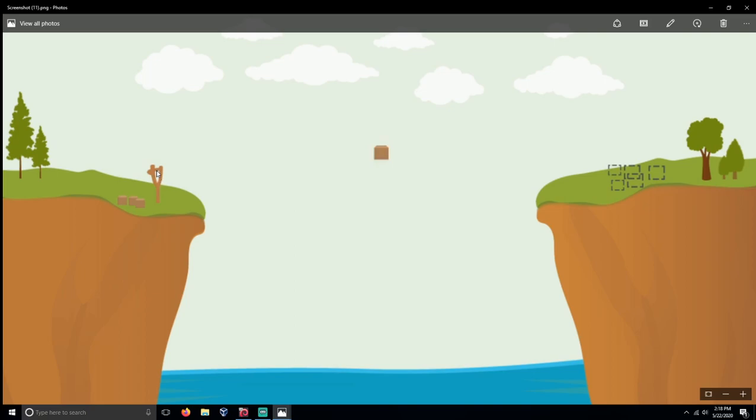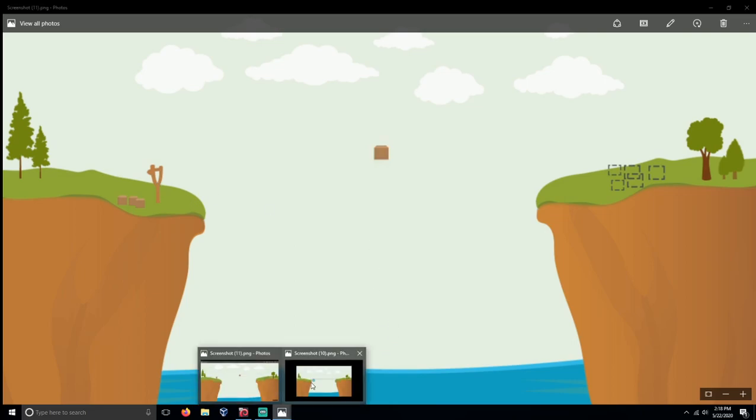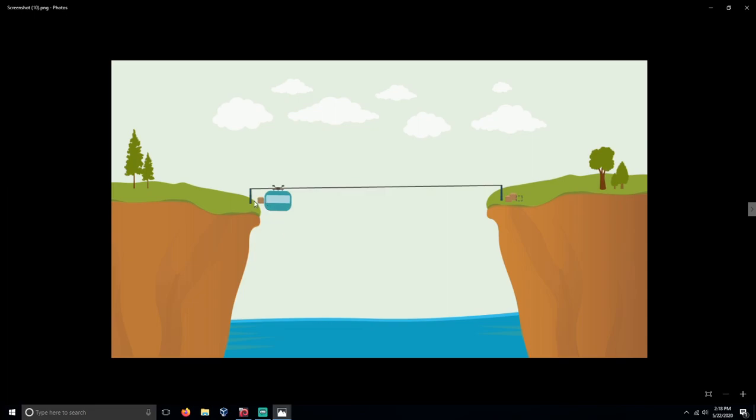A packet is thrown in the slingshot and it will go like this, and some of the packets may fall into the river. So there will be data loss in the UDP protocol, whereas in the TCP protocol there is reliable data transmission, hence there is no data loss.